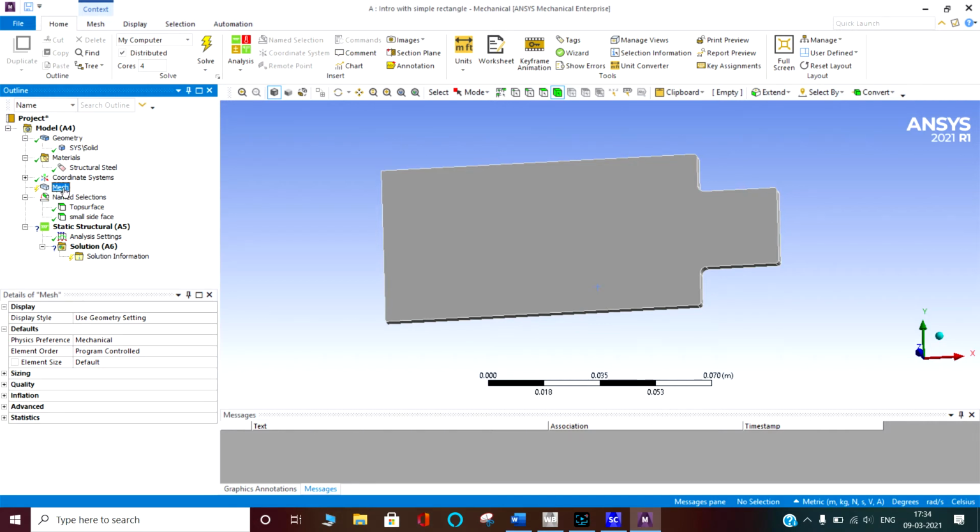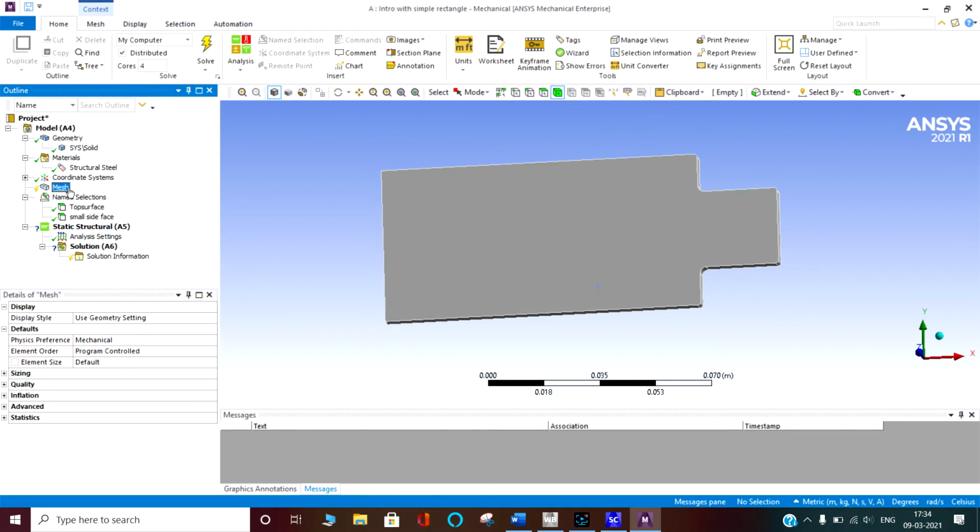Every time you will see, when I press any outline object, this detail box is changing. It is very important to read this detail box. It will give you a lot of information. So be ready and make a habit to read this.